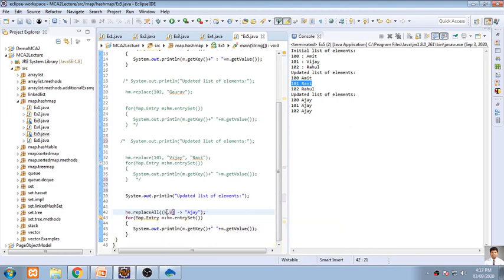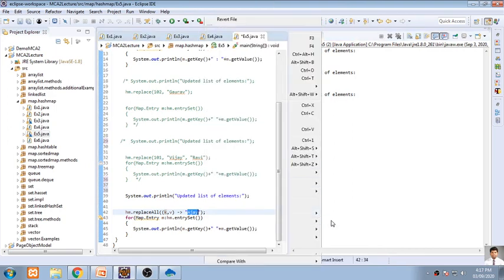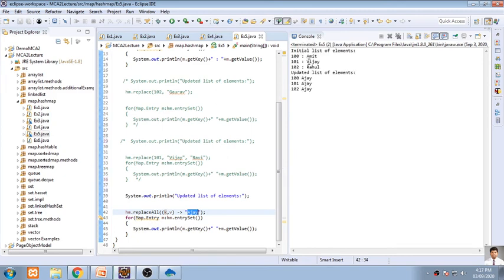So all keys will contain only one value called Ajay. When we execute this program, previously the names were Amit, Vijay and Rahul. Now all keys will have the same name, Ajay. So are you clear with this? ReplaceAll.